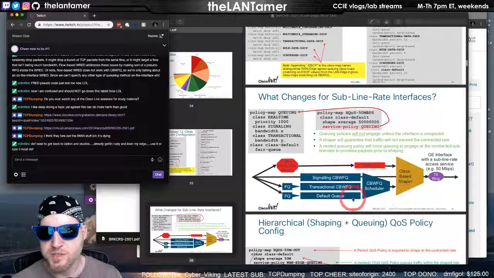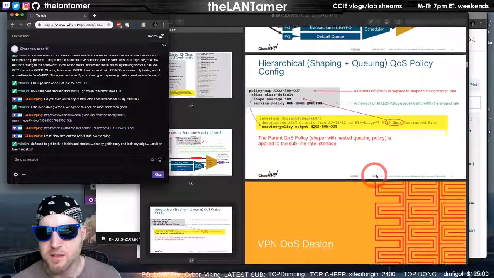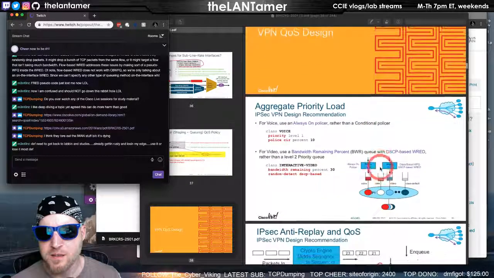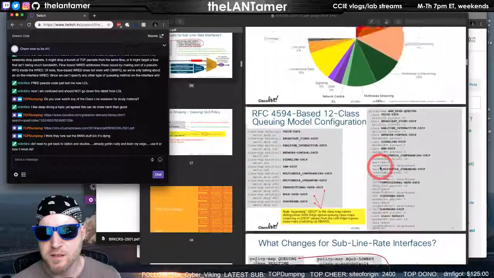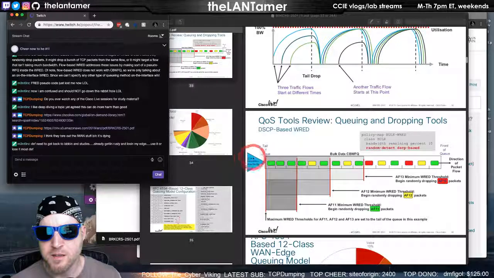Okay, this is cool because this actually has some good slides explaining the sub-interfaces. Front of queue, tail of queue.